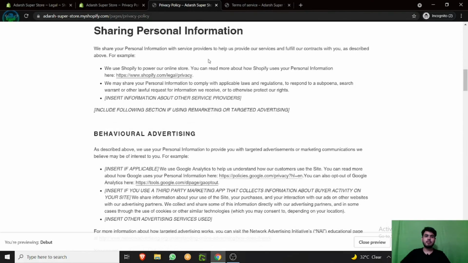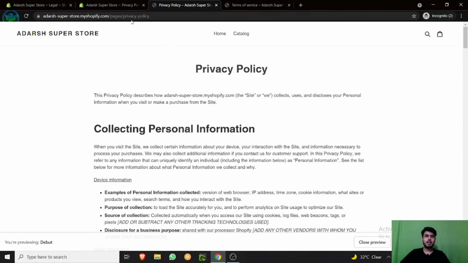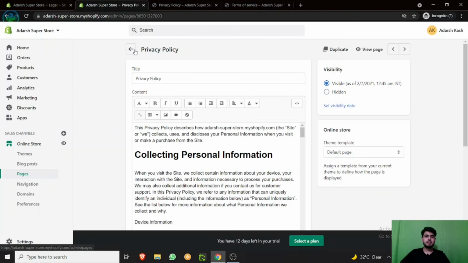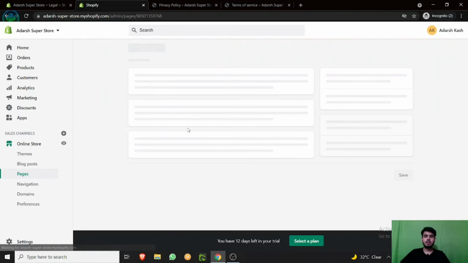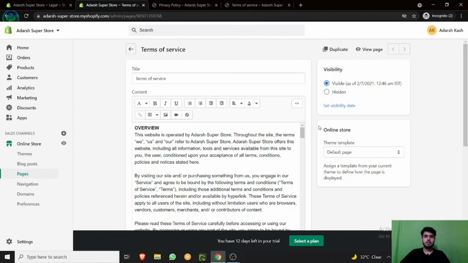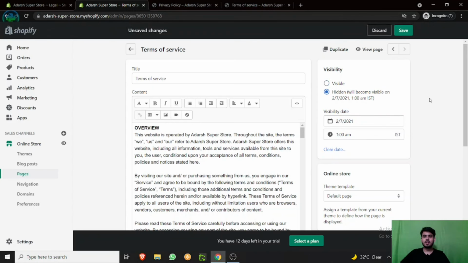And whenever you want to edit those pages, just come to this section in pages, select any one, and you can just edit them. And as I already told you, you can hide the pages until you finish making them, or you can set a visibility date for when you want these pages to go live. So that was all on how to create your privacy policy, terms of service, and refund policy page.